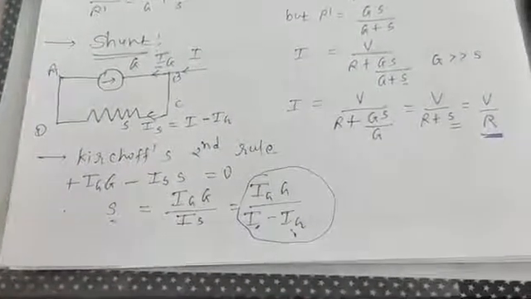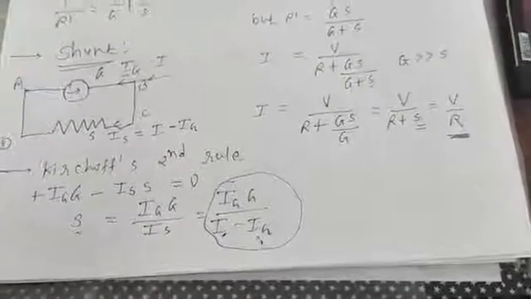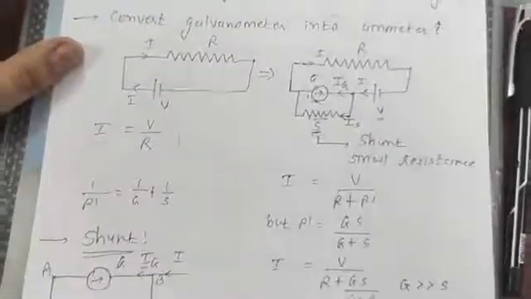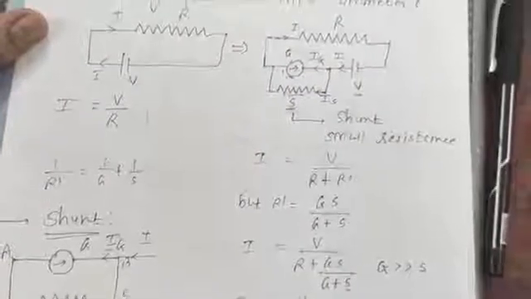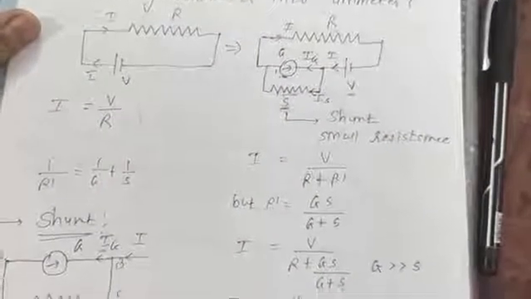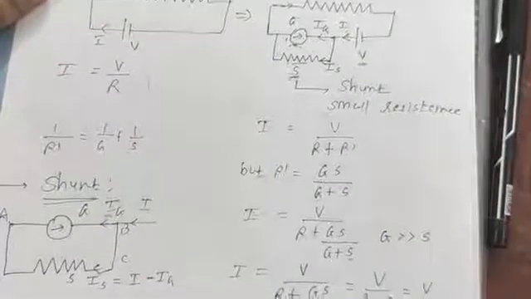Like this you can also convert the galvanometer into a voltmeter. Okay, to convert a galvanometer into a voltmeter, one big resistance, one high resistance, is connected with the galvanometer in series connection. Okay, remember this difference. To make an ammeter, connect the shunt, that is a very small resistance, in parallel connection with the galvanometer, whereas to make a voltmeter, connect one high resistance in series with the galvanometer. Okay, so you can make the voltmeter.